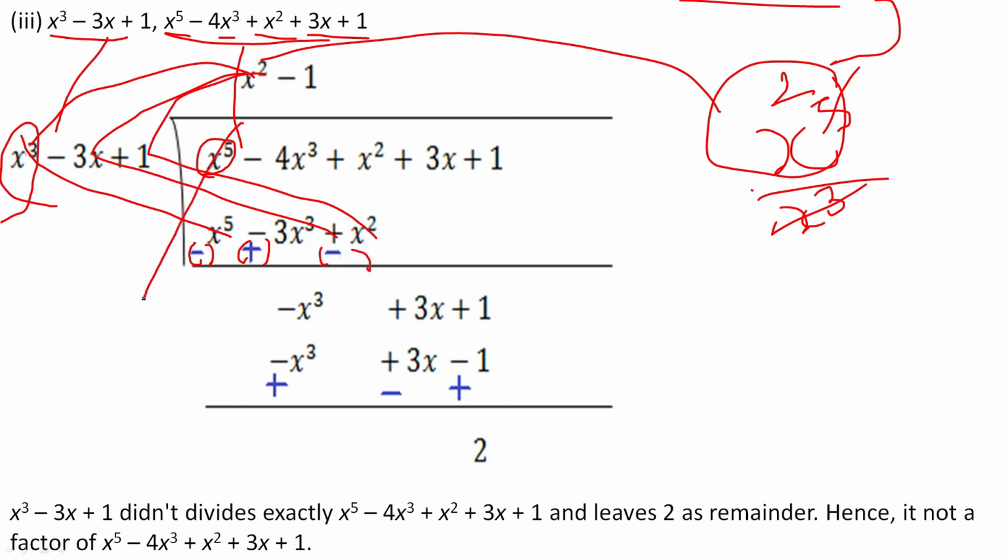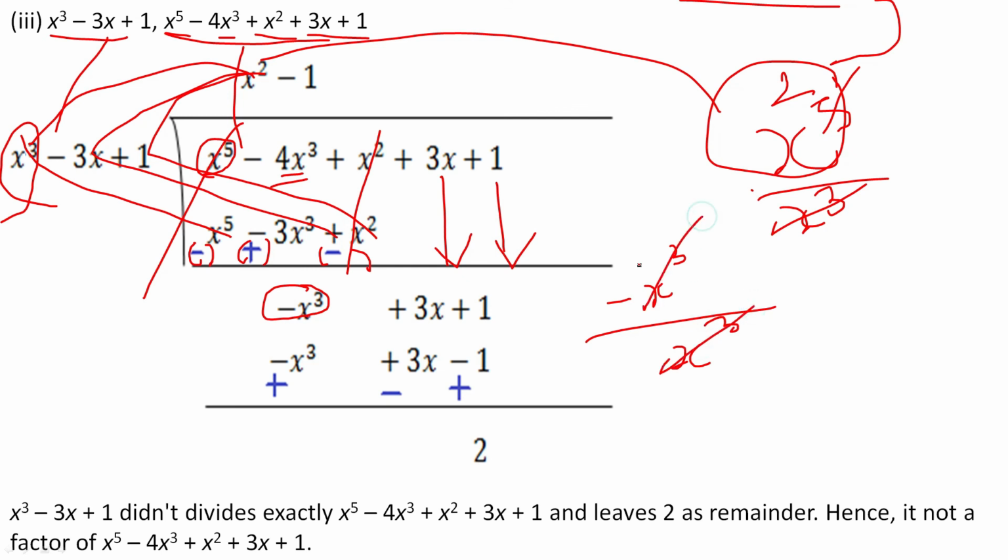The first two terms get cancelled. 4x minus 4x power 3 plus 3x square. So the answer is minus x cube. x square and minus x square, these two will get cancelled. Bring down 3x and this last term 1 also. x power 3 minus x power 3 divided by x cube, you will get 1.